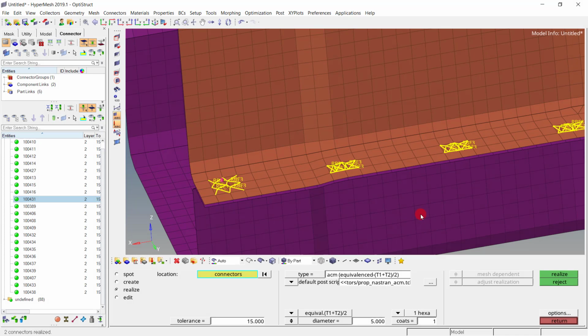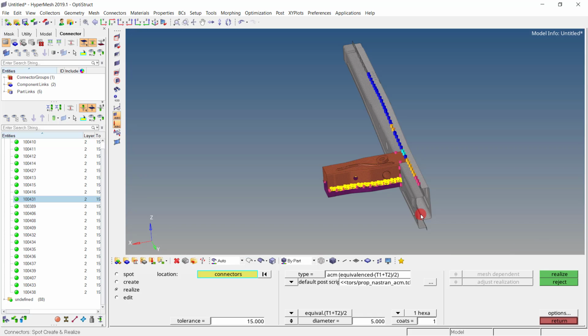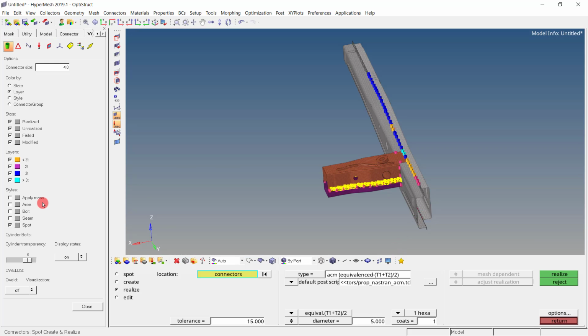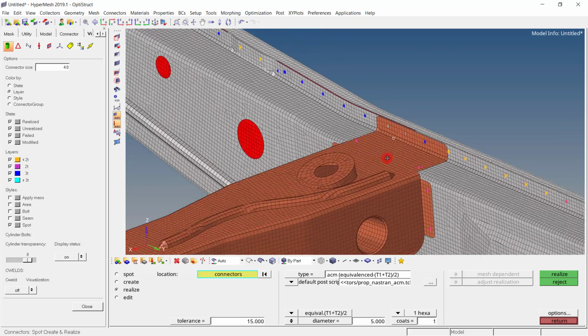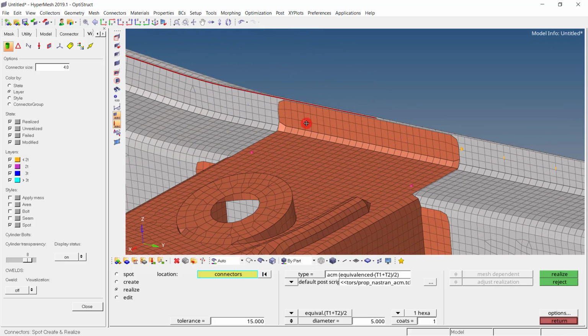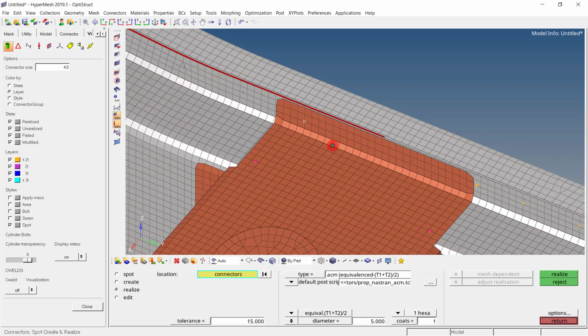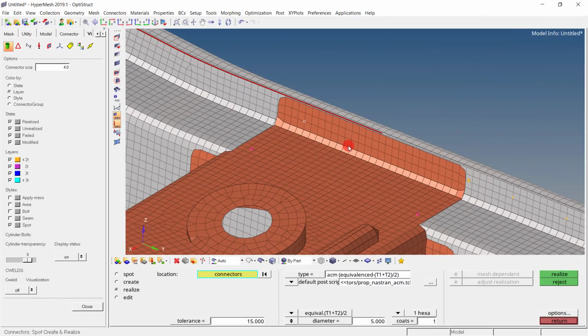Now let us switch our focus onto another method and try to see how we can give the connection. So again, if we go to the visualization mode, and here let me visualize the connector by the layer itself. Over here I have the sign color. That means at this location, 4 or more than 3 components are getting connected. So we have to update this connector. So let us realize this connector and see whether the FE representation is happening or not.